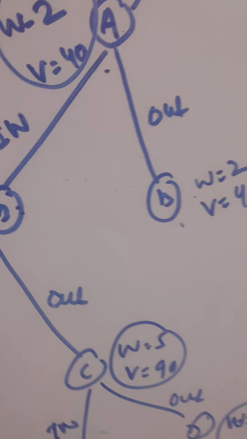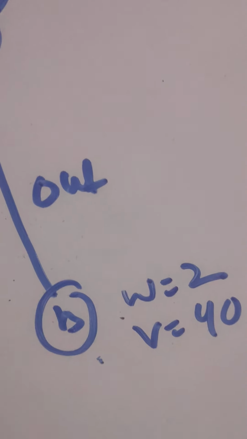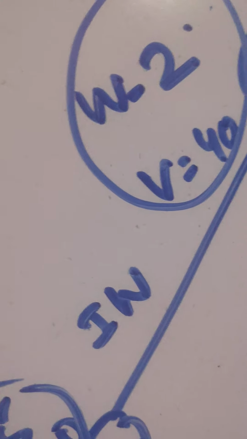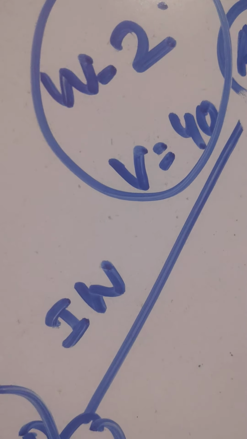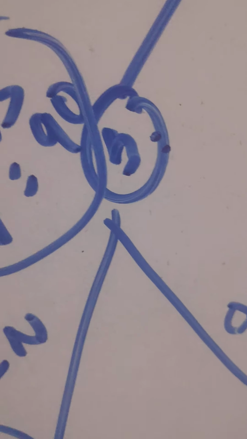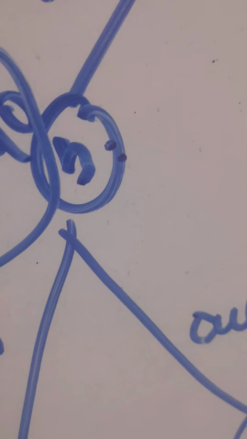Look at here. Exclusion of B: weight was 2, value was 40. Let me plot it like this. It's out B. Here weight was 2, value was 40. Now inclusion of C and exclusion of